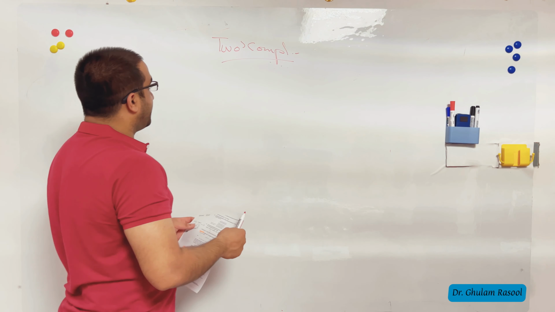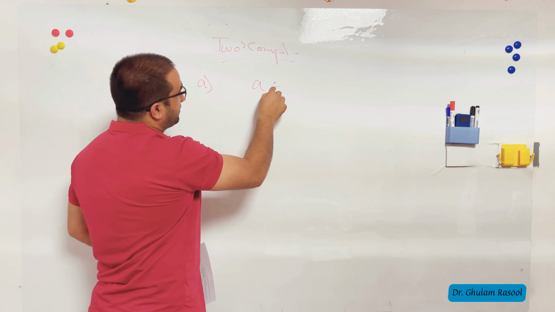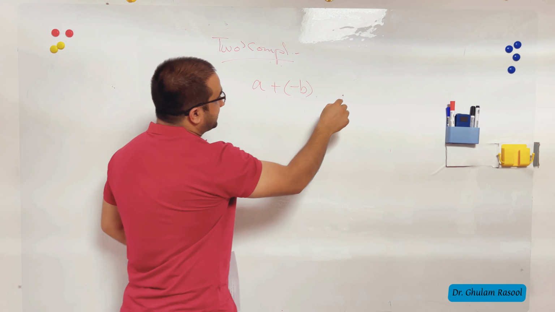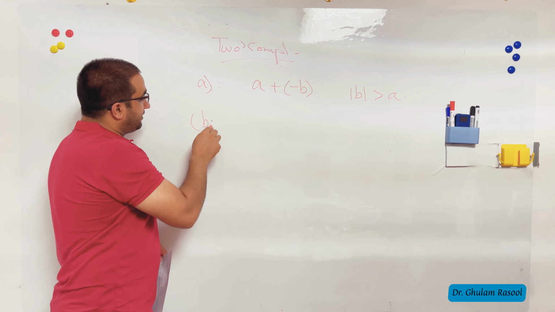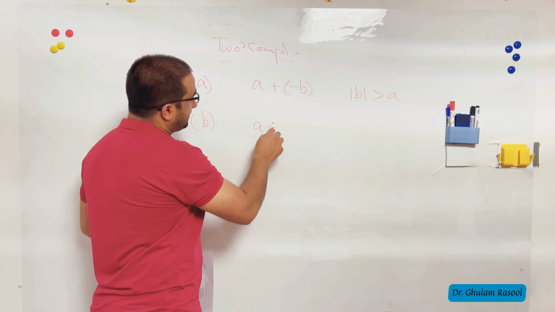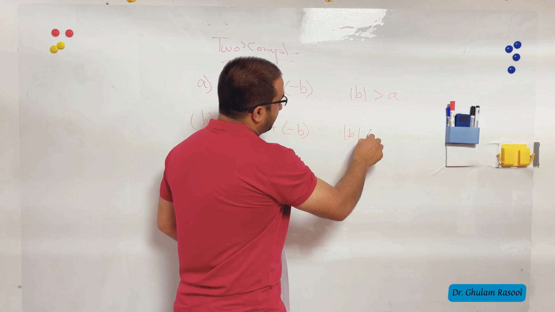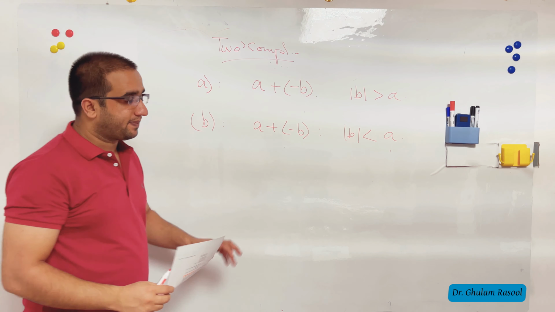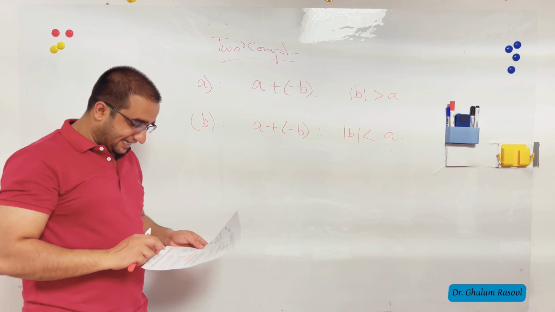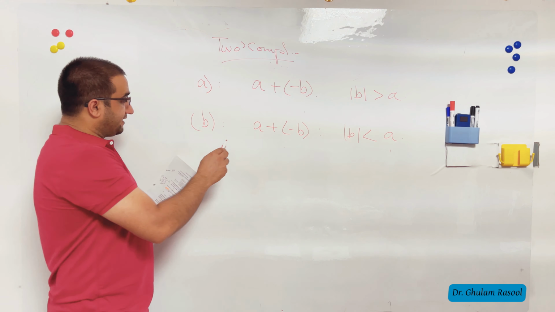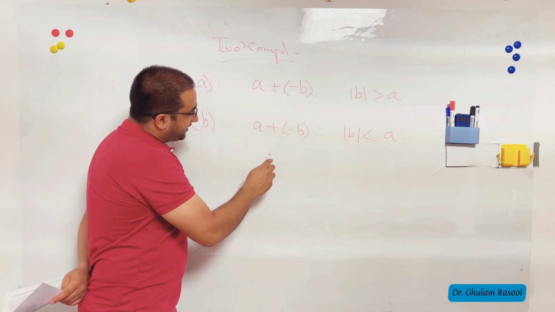There are 4 cases. Now I'm not going into the details. The first case was if you want to add things like this, but the condition is that the absolute value of the negative number is greater than the positive number. Now in the case when A plus negative B, but the absolute value of the negative number is less than the positive number, meaning B is less than the value of A, in that case you only flip once.